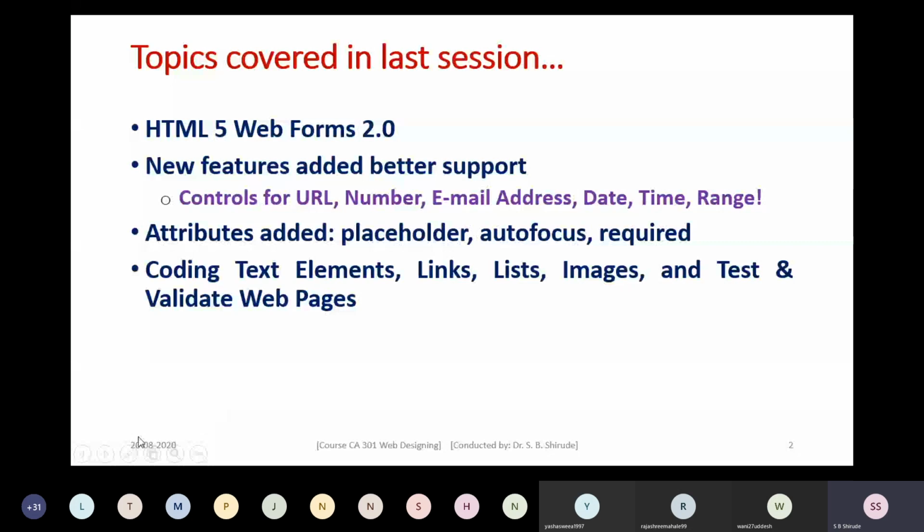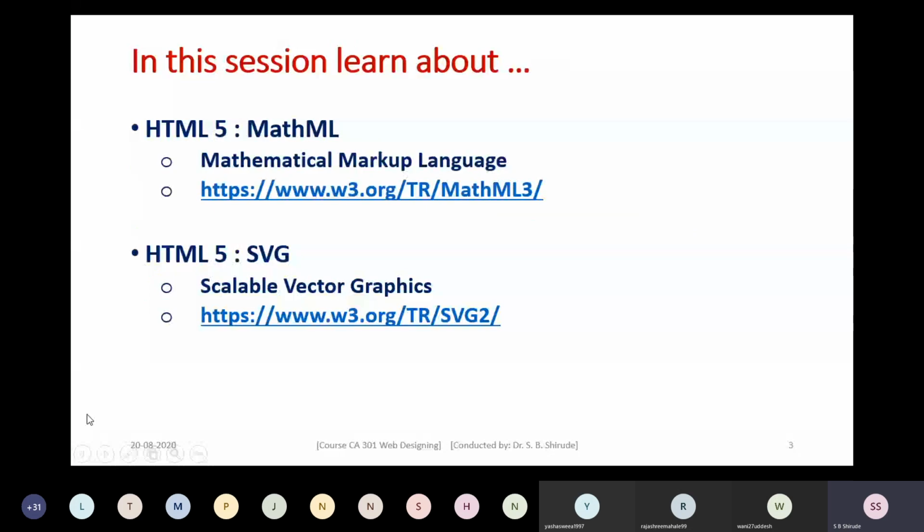In today's session, we are going to learn about two important topics related to HTML5, the first one is MathML and the other one is SVG. So what is MathML? MathML is Mathematical Markup Language.